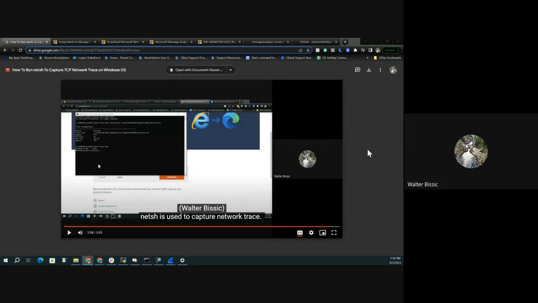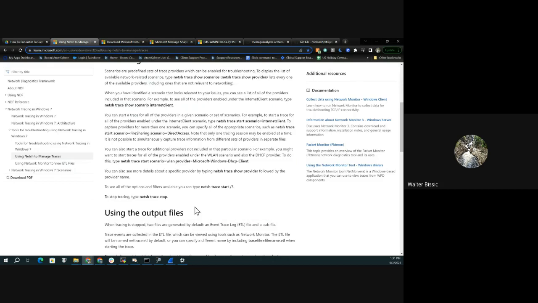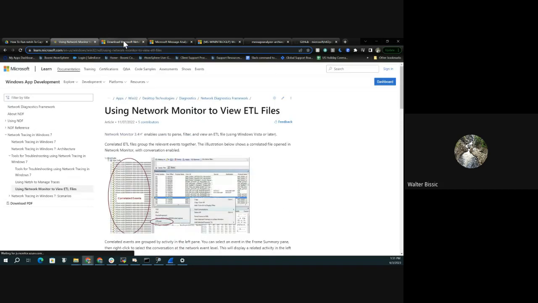Today, we are going to talk about how to view or analyze the trace files that were created by NetSH. In my previous video, we talked about how to use the NetSH Windows command that's inherent to Windows operating systems, servers in particular, and how to capture a network trace for analysis later. So now we'll look at Microsoft documentation on how to collect those traces, but more importantly, how to view or analyze them. They mention a network monitor tool that they've developed, and